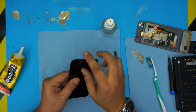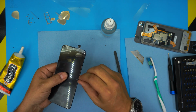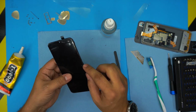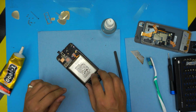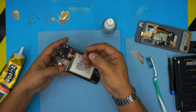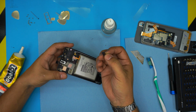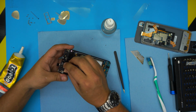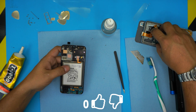then we can just remove it, and you can clean the extra adhesive with your fingernails or with a plastic tool. You can just remove it if you have a little dirt or plastic coming out, so you can just remove the adhesive. Now, what we need to do is to put back down the speaker. So grab the speaker, bring it down, put it in place, grab the motherboard,